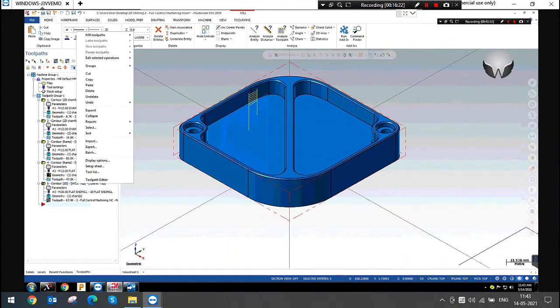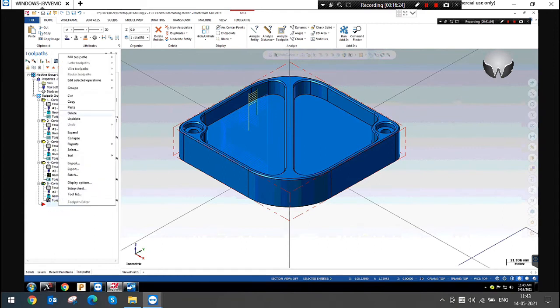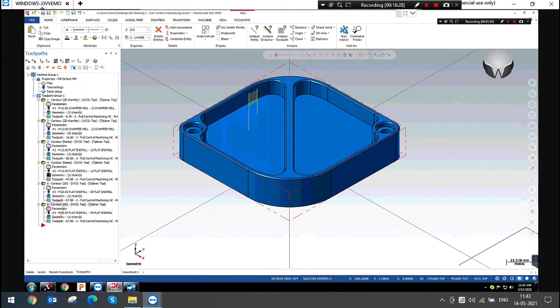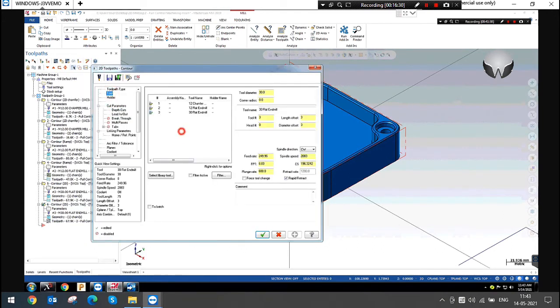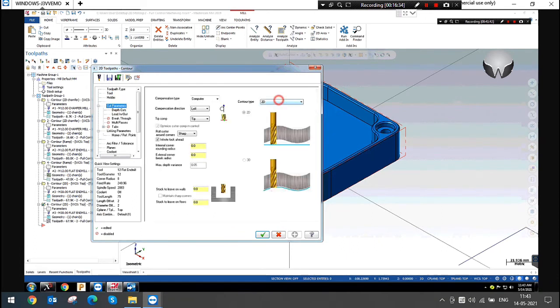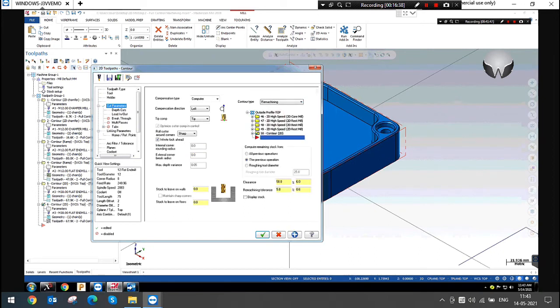Here I'm just copy, paste, and changing the tool to flat. In the remachining option, compute remachining stock from where you want. If you select all previous operations, all the previous operations will be calculated and machined.